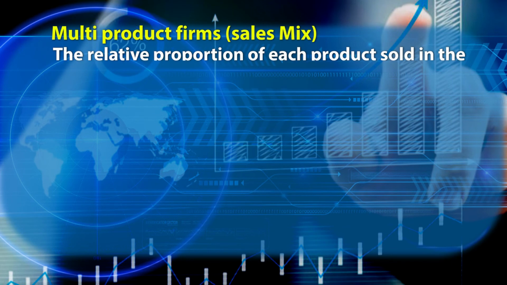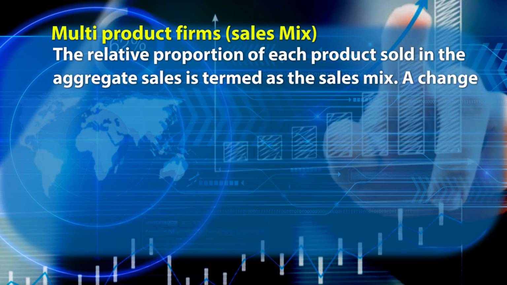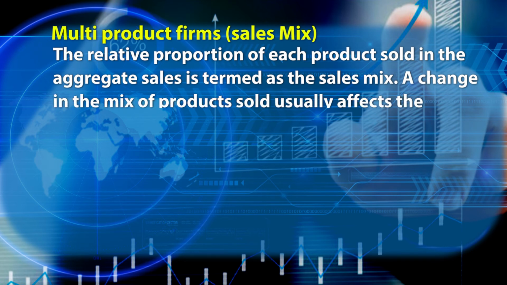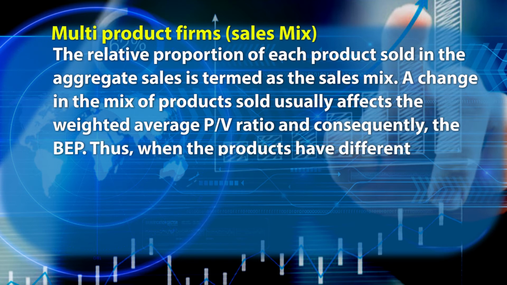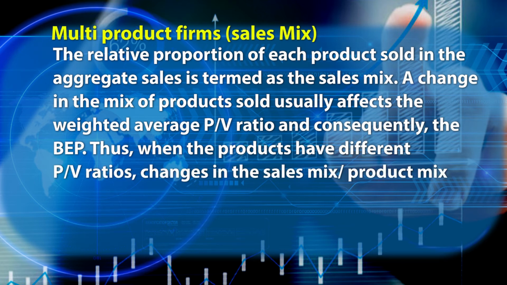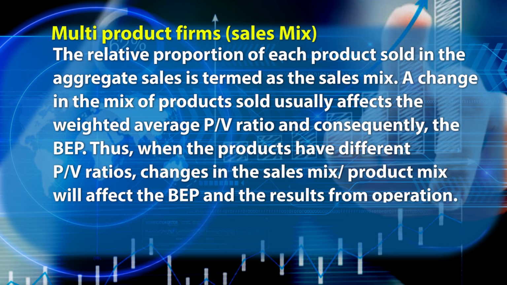So far, we have confined our discussions to a one product company. However, many manufacturers make more than one type of product. The relative proportion of each product sold in the aggregate sales is termed as the sales mix. A change in the mix of products sold usually affects the weighted average PV ratio and consequently the BEP. Thus, when the products have different PV ratios, changes in the sales mix, product mix will affect the BEP and